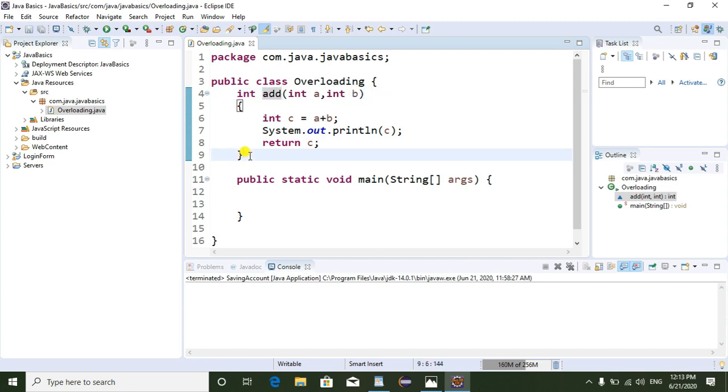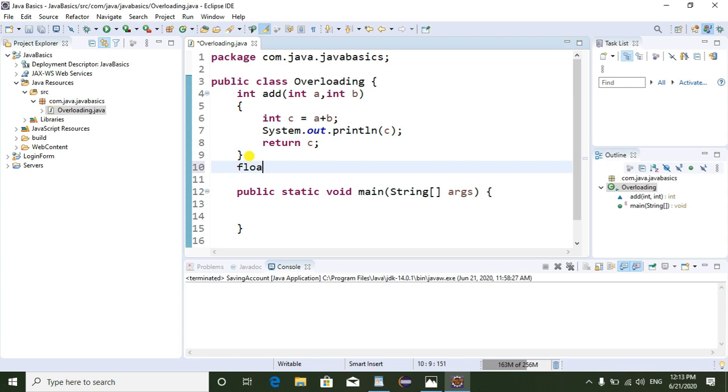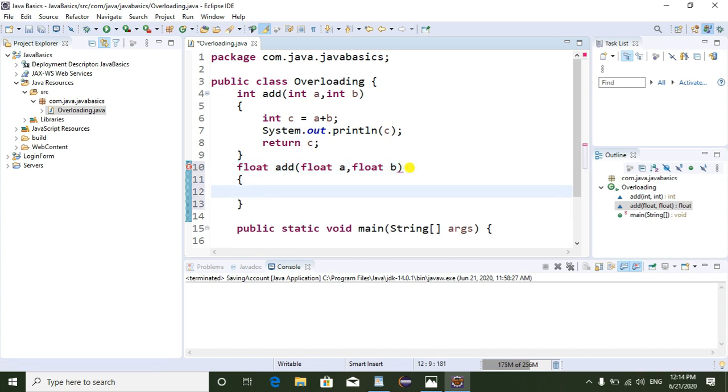Now I am going to write one more add method to add two float numbers, float a comma float b. So here float c equal to a plus b.